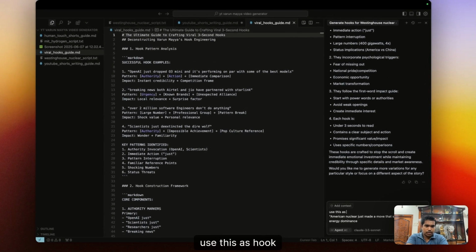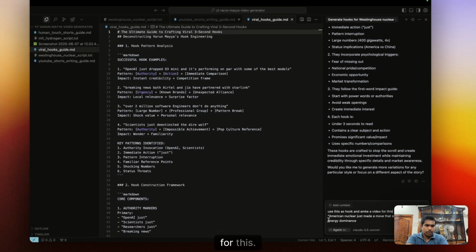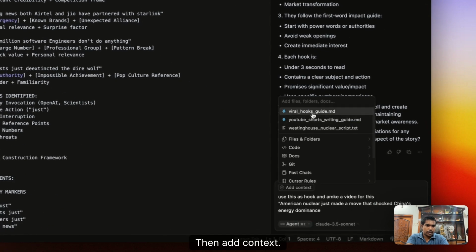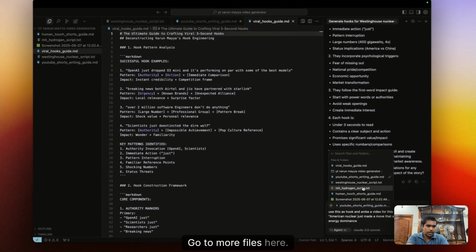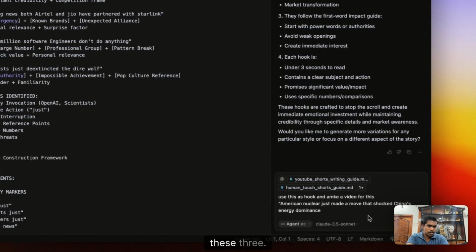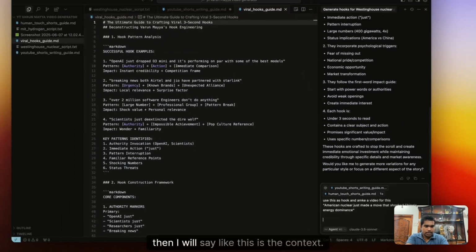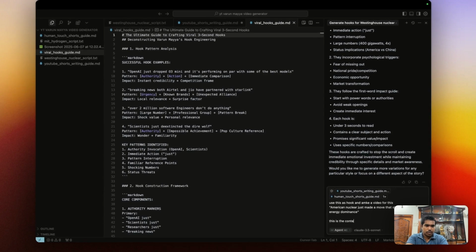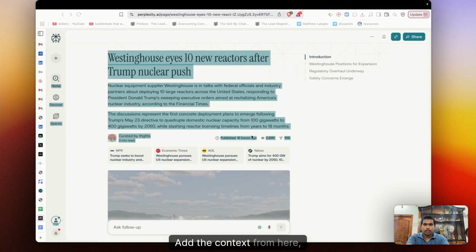Use this as a hook and make a video for this. Then add font text. Then I'm adding a shorts guide, right? Go to more files here. Then you go to human touch and the screenshots, these three. Then I'll say, like, this is the context. Add the context from here,